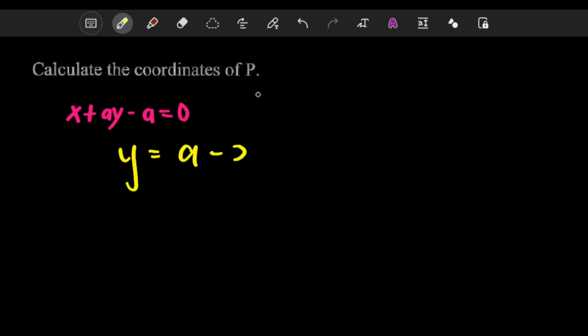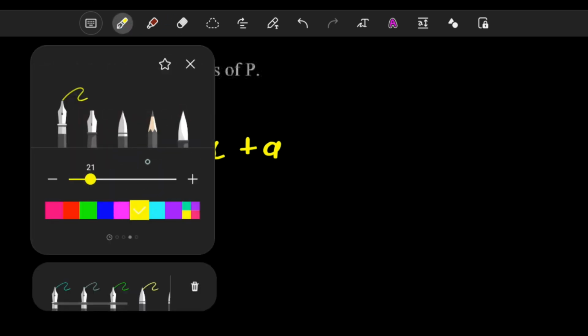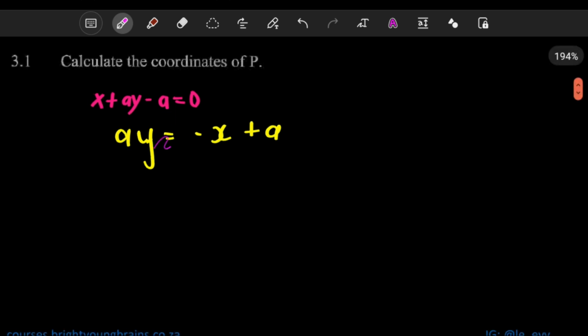positive a minus x. But we want to write the x first, because we want to be able to see this in its standard form. Negative x is going to be there, positive a. So obviously, oops, excuse me, I didn't write the a in front of y. But then both the left and the right, you're going to just divide by a. So it's a y divided by a, a divided by a, and then here this is going to divide by a,